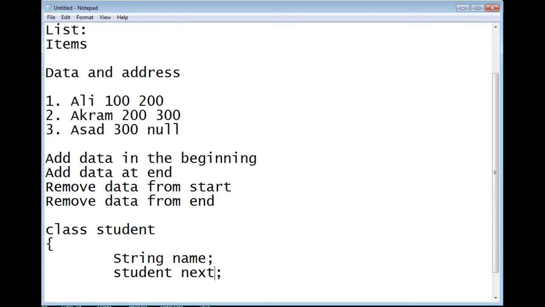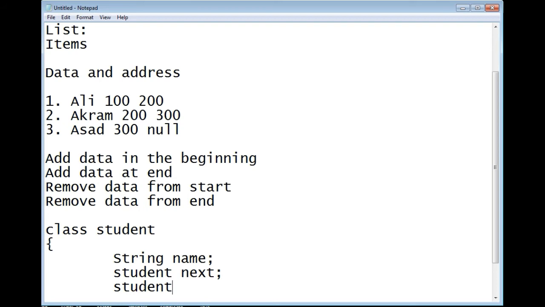Student will point to itself, Student S. So this S is basically next. Next will point to another student. Next is of student type, and next will hold the address of the next node.